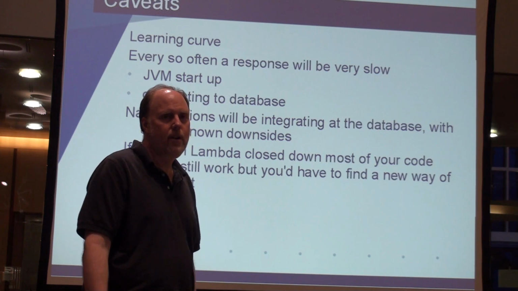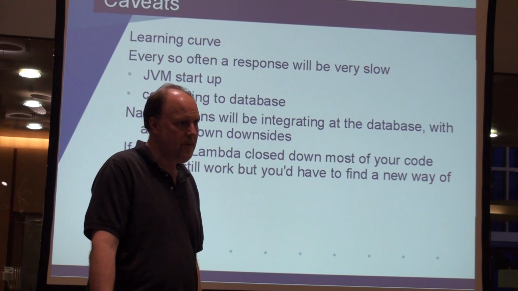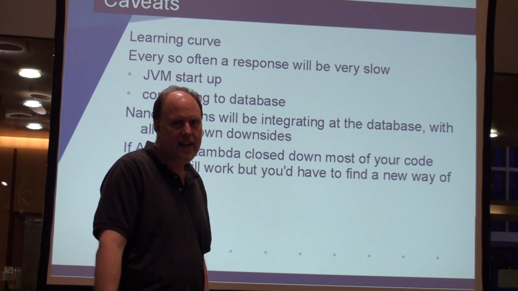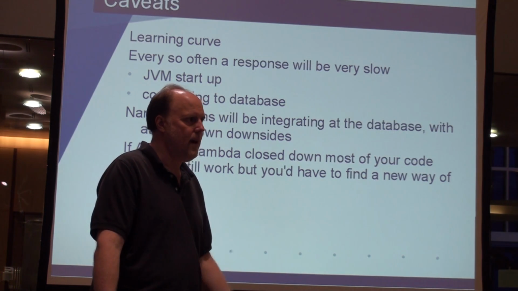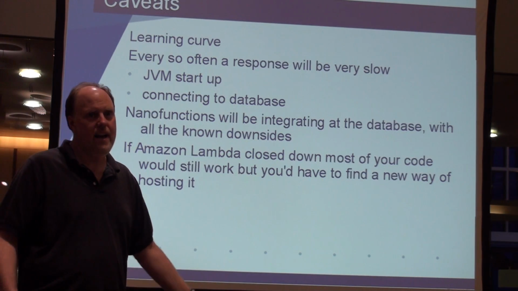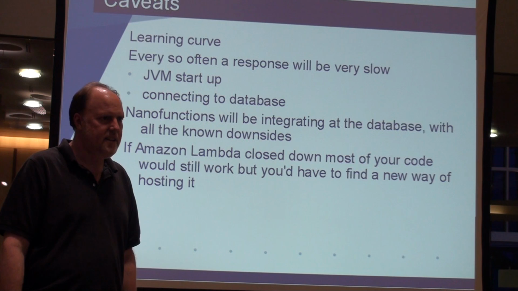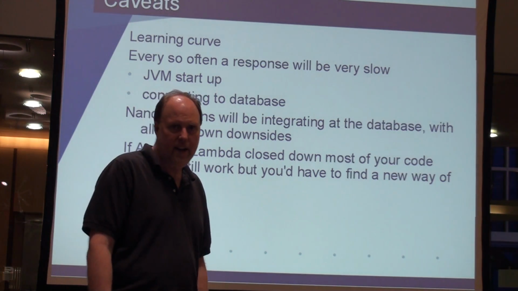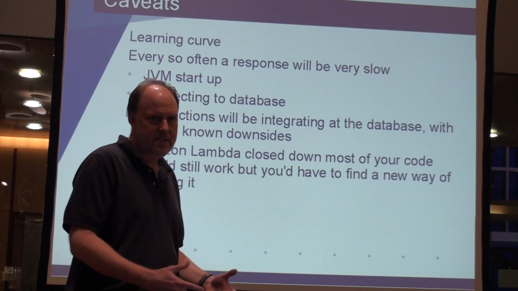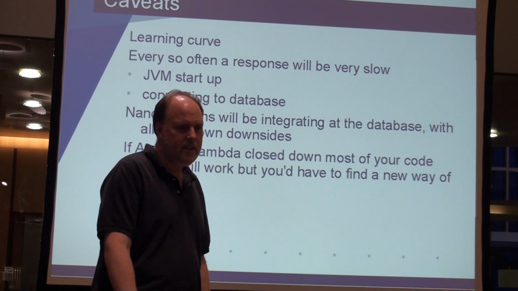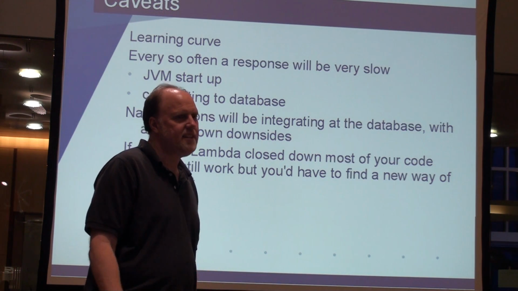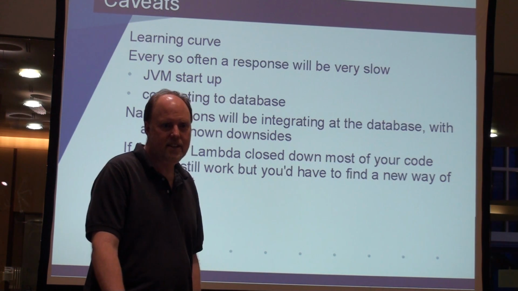And as I said before, your Nanofunctions are integrating at the database level. You've got multiple pieces of code sharing that table, so you've got all the downsides you probably know about already with that. The database tables become kind of an API, and if you make a change, you have to figure out what all will break. That's why I did that structure where the model objects are separate, so at least it's more obvious that there's a shared resource there. It also struck me, if Amazon decided that Lambda wasn't a going business and closed it down,